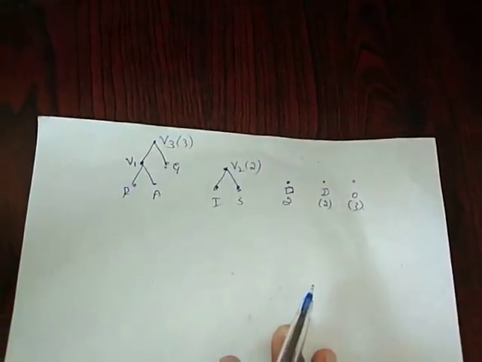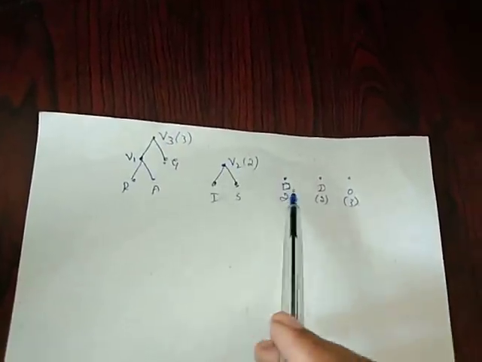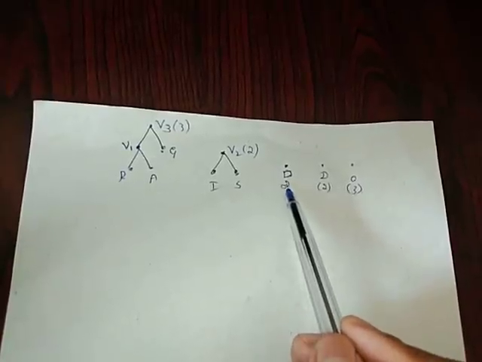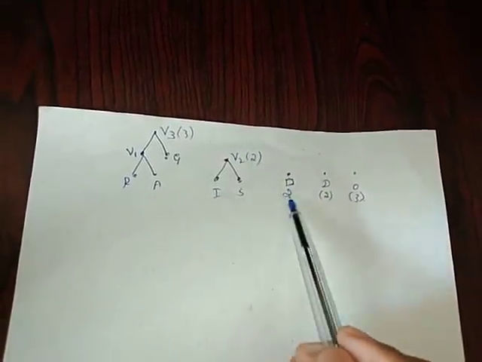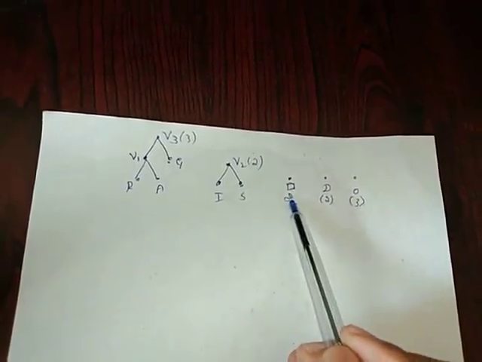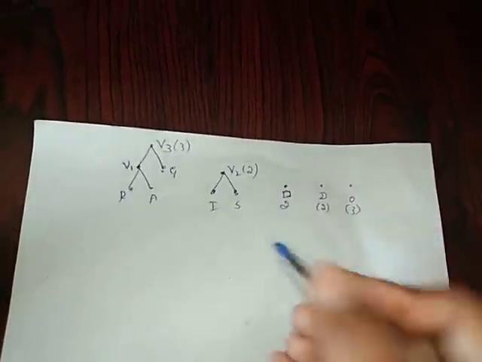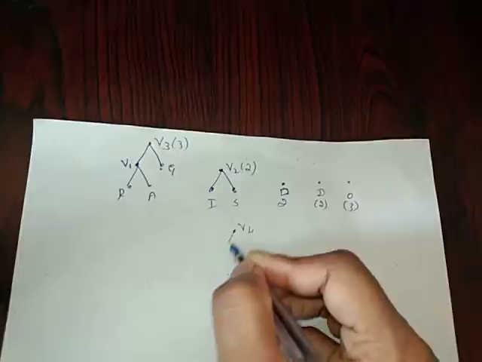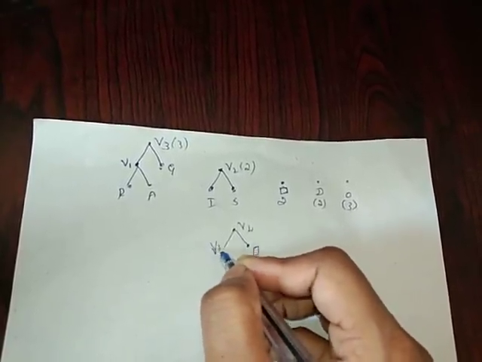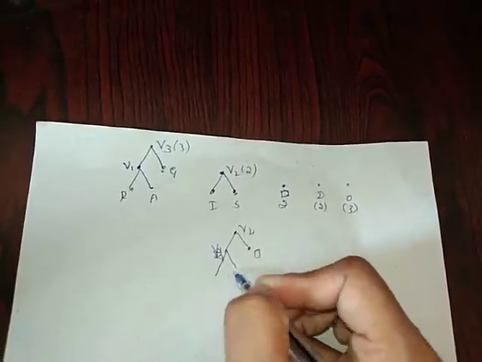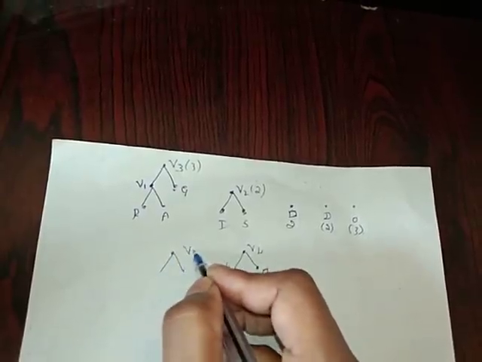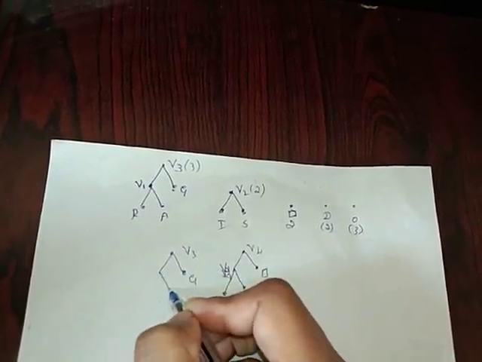So now among the V3, V2, blank space, D, O, two minimum weights are V2 and blank space having the weight 2. 2 plus 2 is 4, assign a 4 as a weight to the new vertex V4. V2 and blank space become children for the new vertex V4 that is considered as a root, and the remaining will be kept as it is.